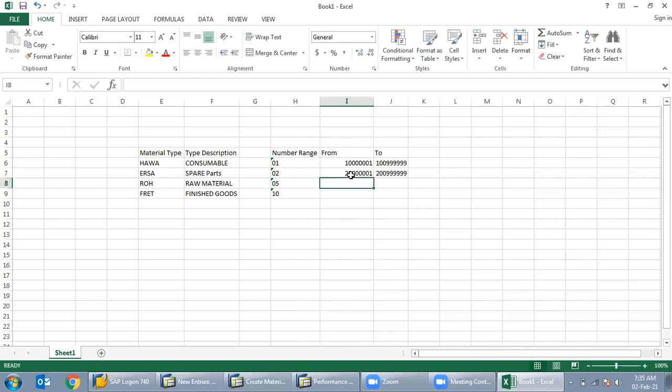So this is the interval from where my material is going to be created. So whenever I select HAWA, what was the first material code?